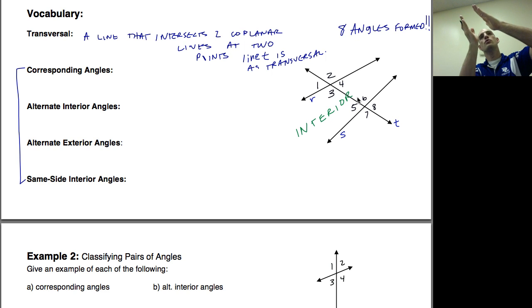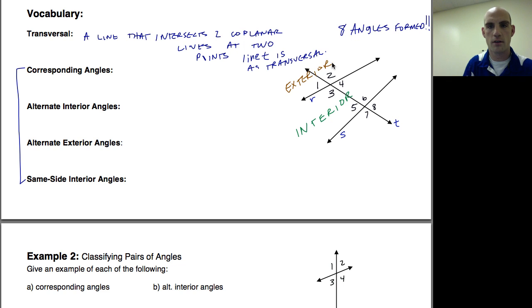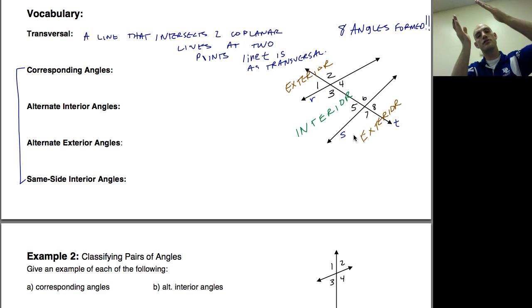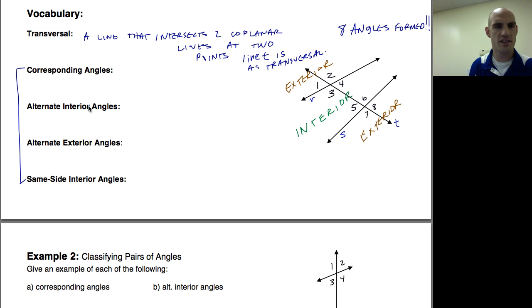Interior is inside the 2 lines that are being intersected. Exterior is on the outside. So exterior, and this is also exterior. So exterior is on the outside of the 2 lines, interior is on the inside of the 2 lines. And so corresponding angles are just in the same relative position